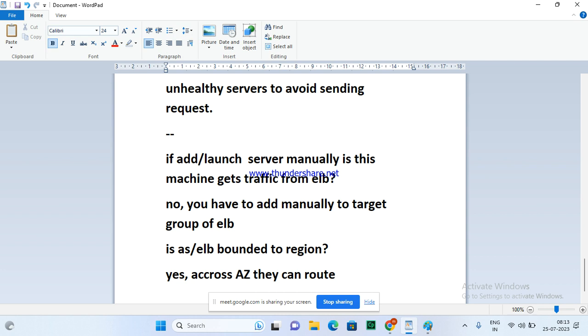But if you have one server in Ohio, one server in North Virginia, that means 10 servers there, 10 servers here, is it possible to do that with auto scaling and load balancer? No. You have to create them separately; it cannot go across regions, it can go across zones.